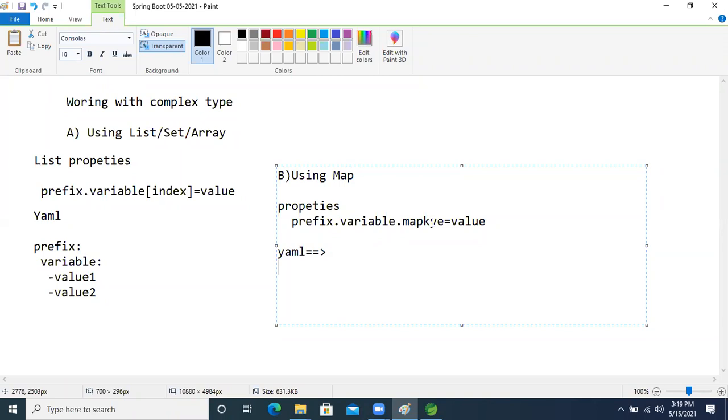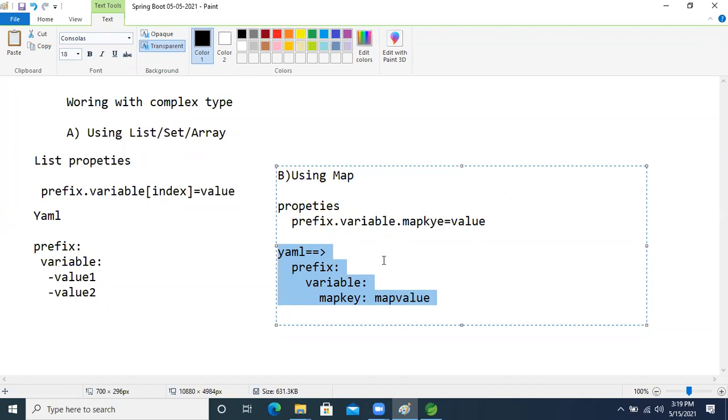Using the prefix, we will write prefix colon, one downside, variable colon, one space, then map key colon, map value. Here one space, here one space. Like this we will write inside our YAML file.